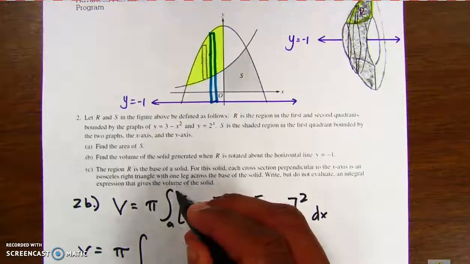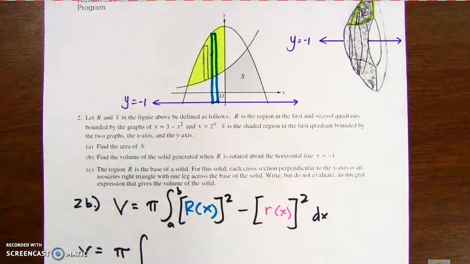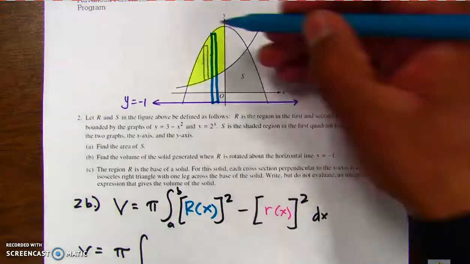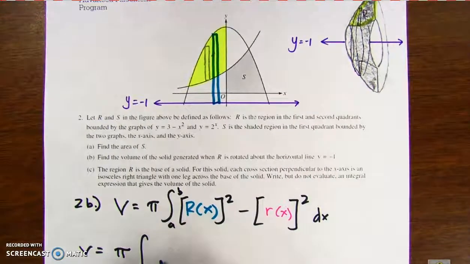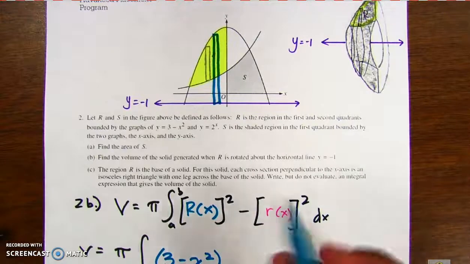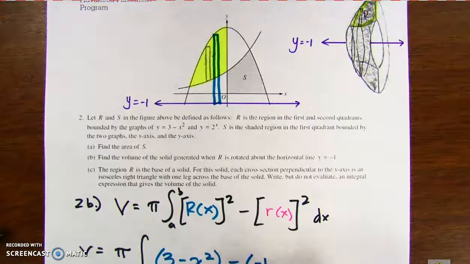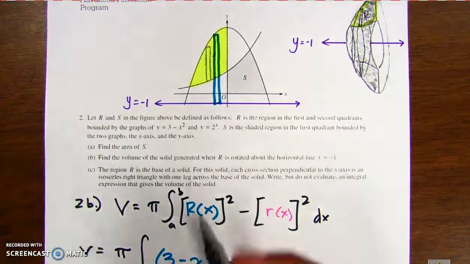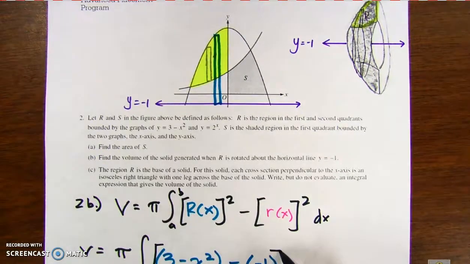And by the way, that's from a to b. So what we have is the integral of the highest function being 3 minus x squared minus -1 squared